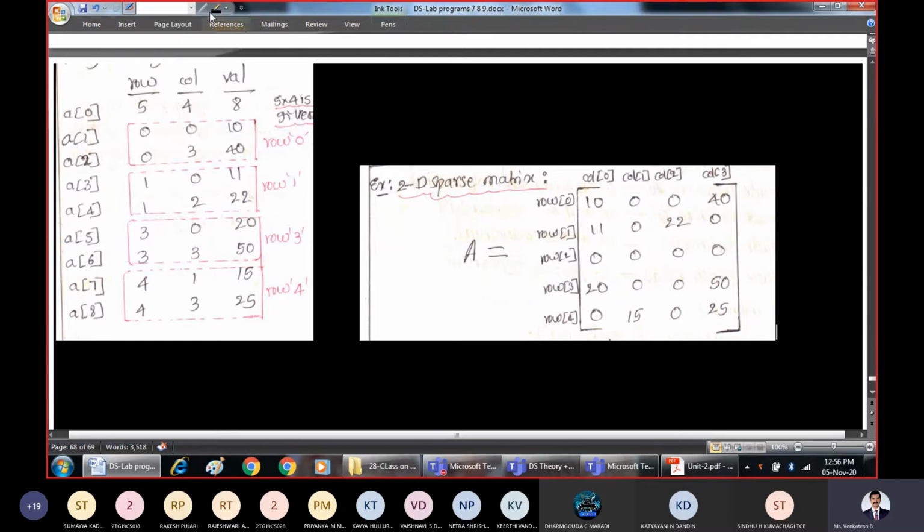See, one example will be given to you in the exam. They may ask, for the given sparse matrix, write the triplet representation. That is one way. Another way is, for the given sparse matrix, you may be asked to find the transpose. What is the transpose of a sparse matrix? In the transpose of a sparse matrix, rows will be converted to columns and columns will be converted to rows. That is the transpose. We have to find the transpose and then represent the sparse matrix.